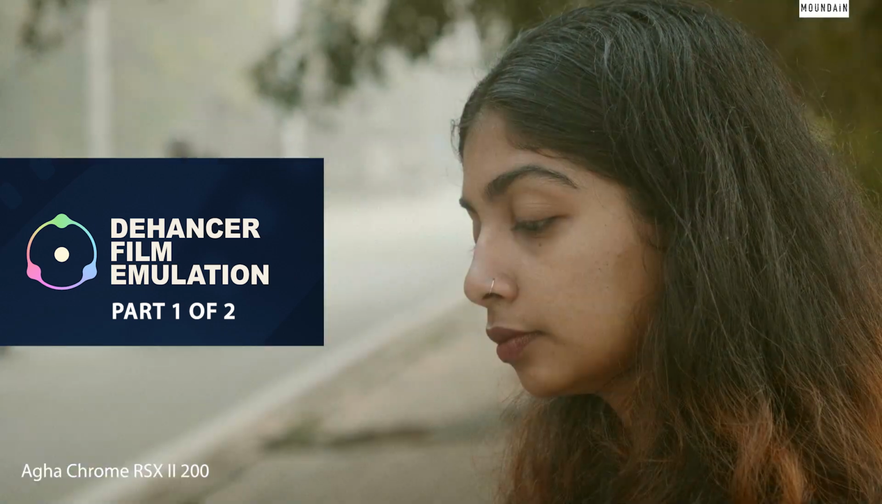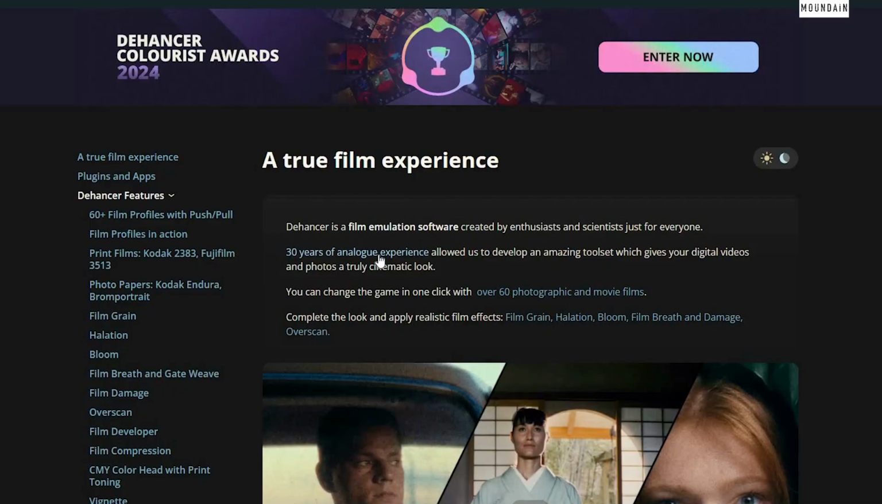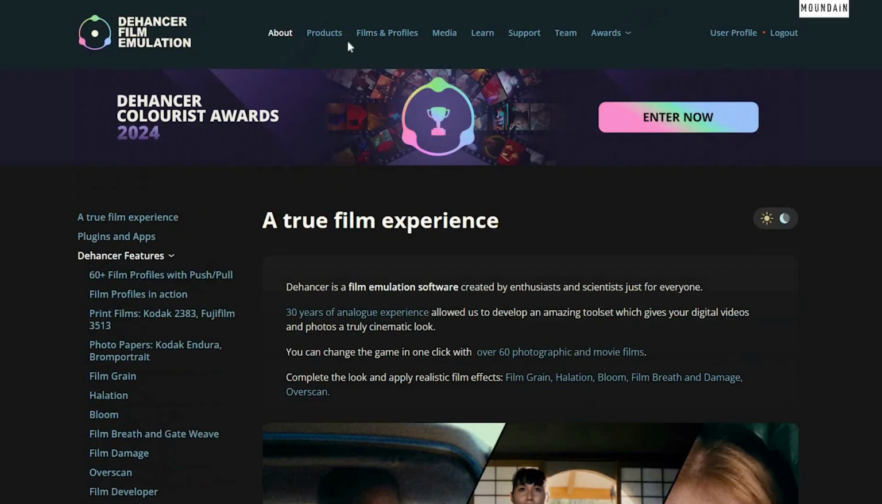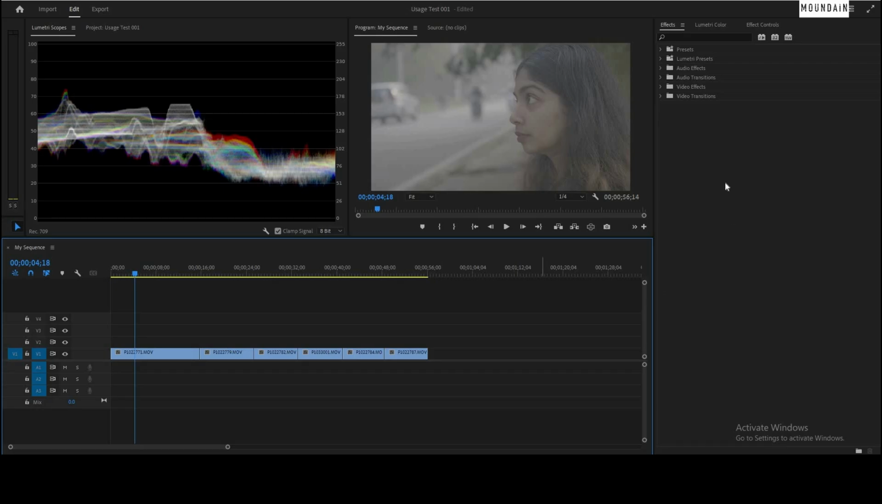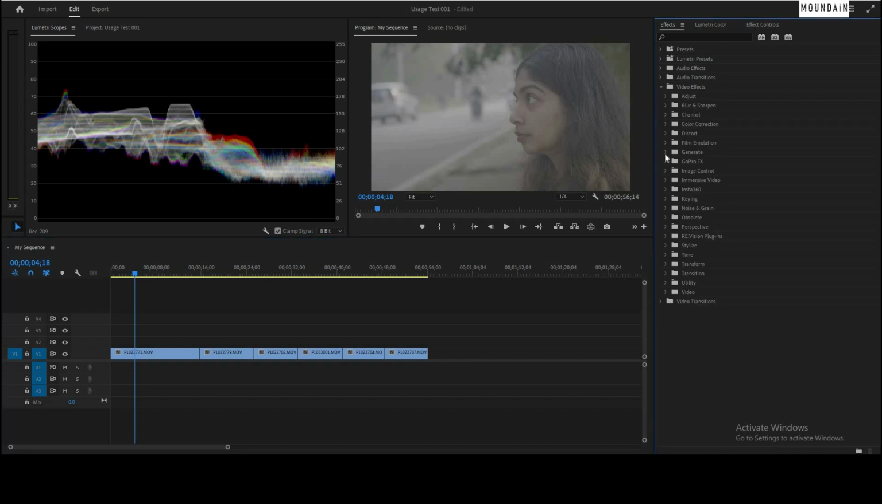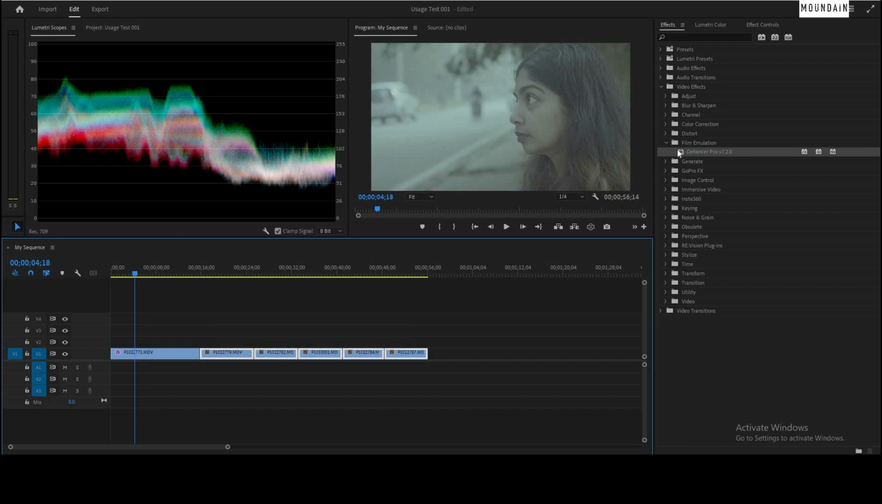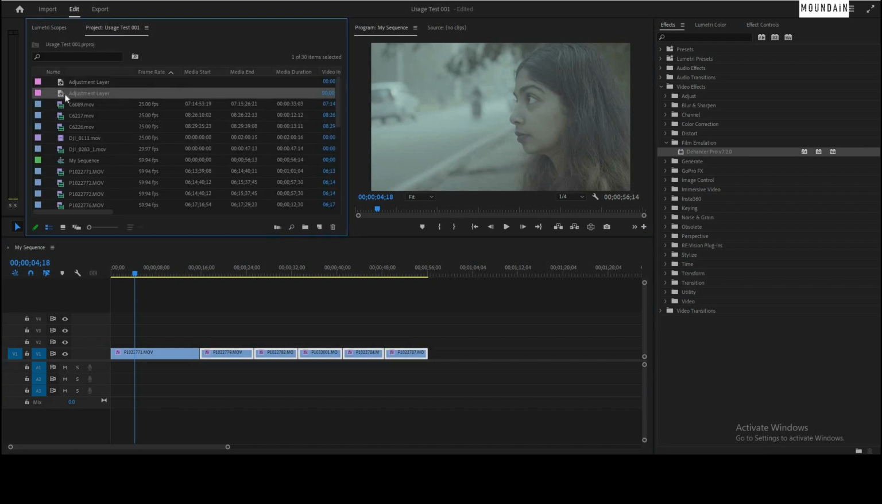Using Dehancer, you can give a filmy look for your videos. It has a ton of features to make your videos look like film. Once it's installed, it comes under Video Effects, Film Emulsion, Dehancer. I can apply the plugin onto the clip, or apply it on multiple clips, or I can apply it on